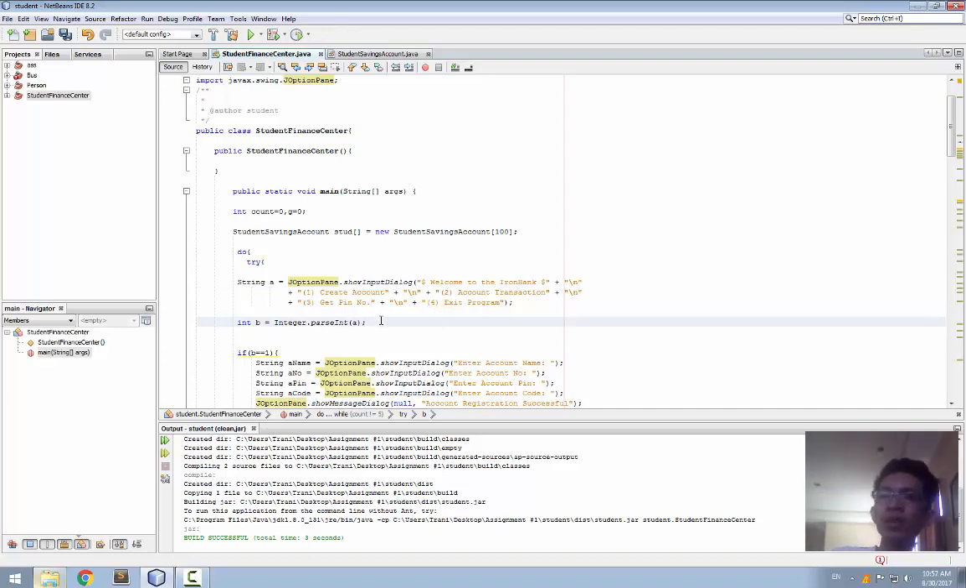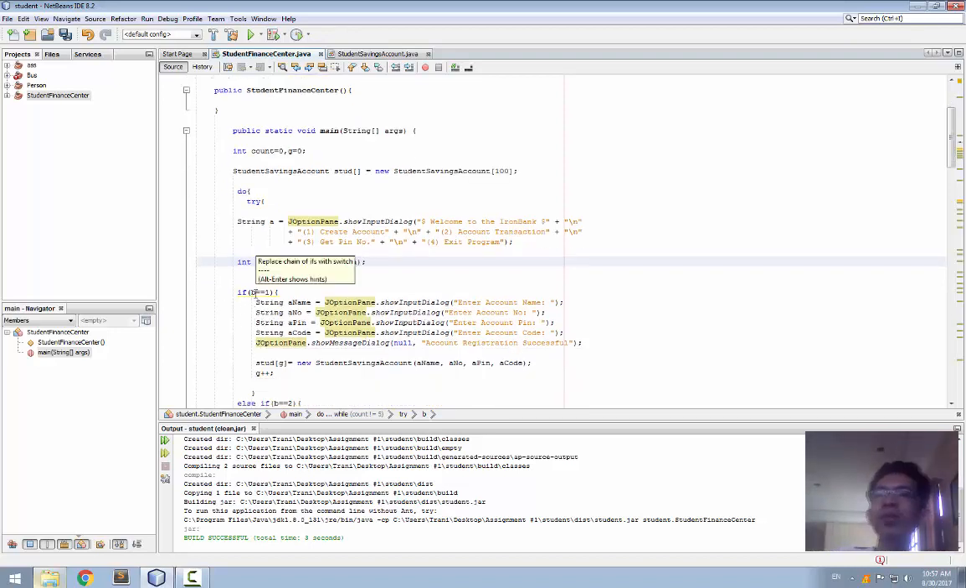But it will be parsed first to integer, so this will be used. So if b here is equal to 1, meaning this one, it will ask for the account name, account number, PIN, and account. After inputting those fields, it will prompt for the successful account registration. So after filling those four, it will be stored in an array in the g index,